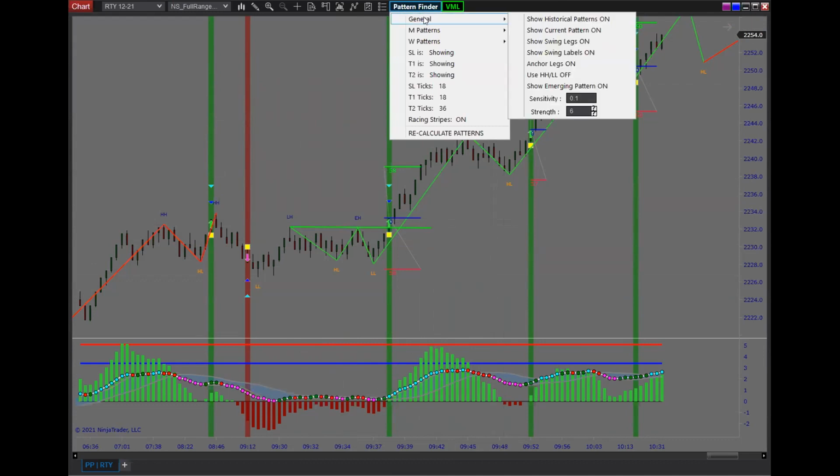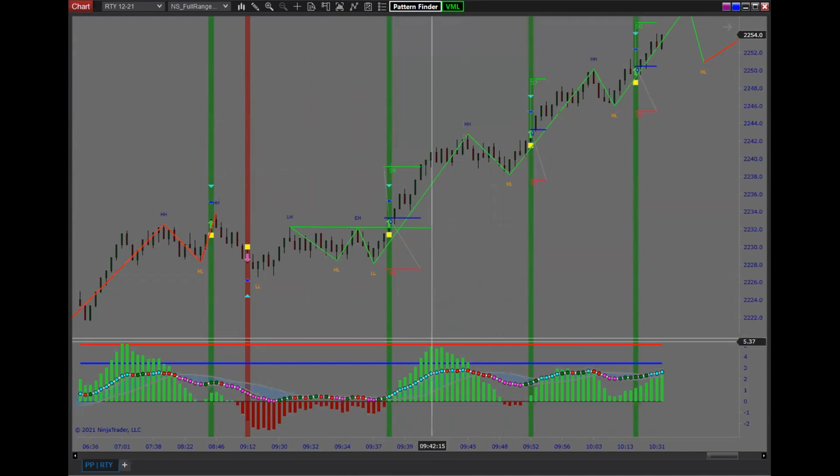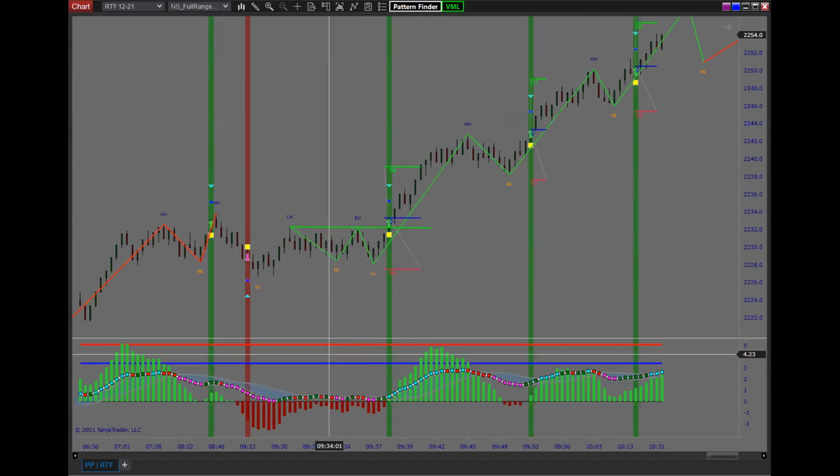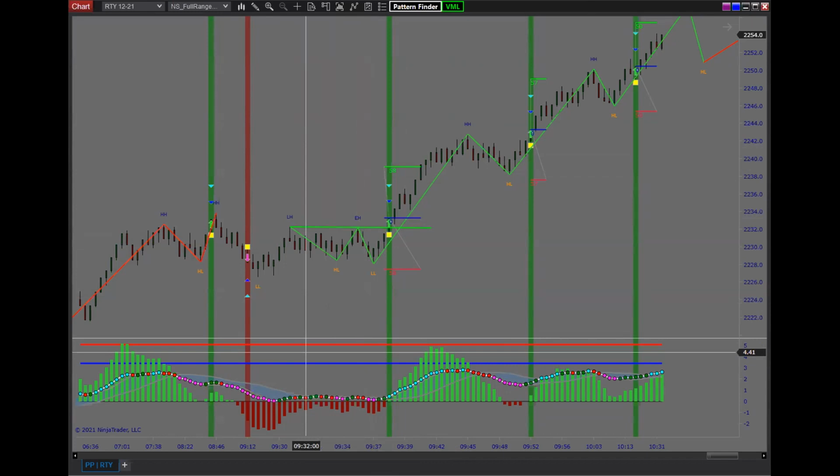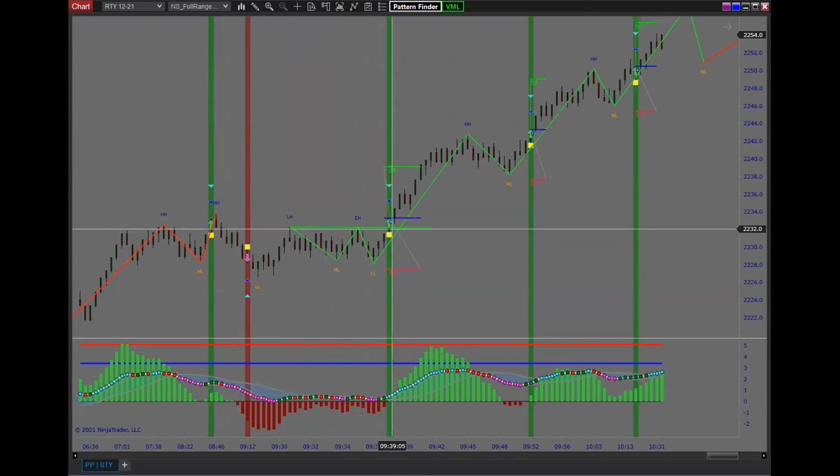So you only need to. The other thing that I have down here is VML, just because I like to see what's going on. I just put that there in case anybody here is using this indicator and wanted to see how these kind of correlate. Really for this, the best part about this breakout is you've got